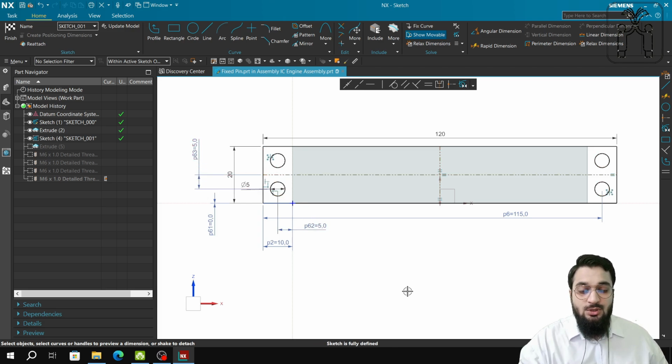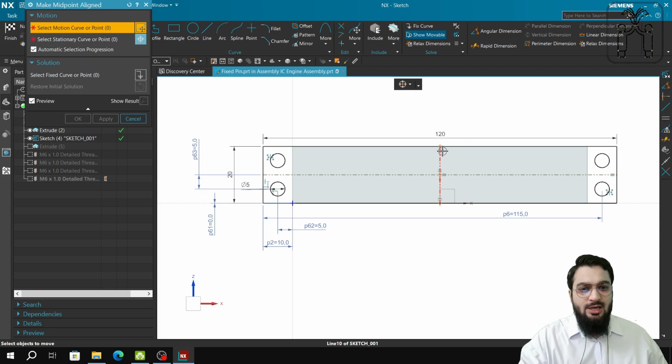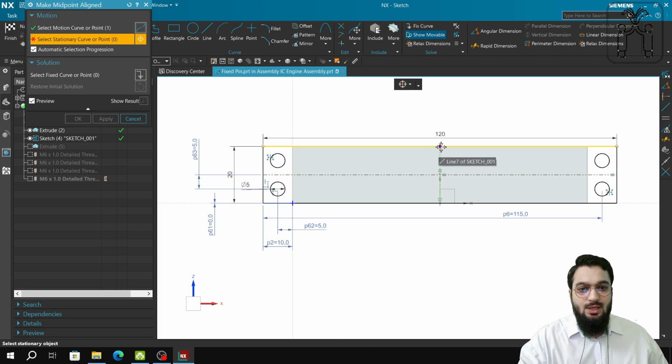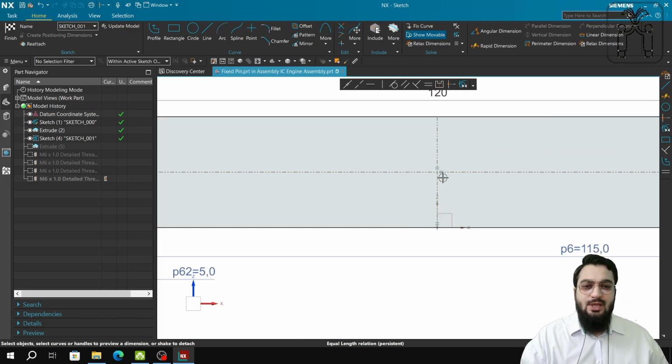So now coming to the next point, we will draw two lines. One will be parallel to the longer side and another will be parallel to the shorter side. We will draw from one midpoint to another midpoint and so on. After that, we will use this make midpoint aligned, and we will take the start point of line 10, and the second object, the stationary curve, we will take the midpoint of line 7,